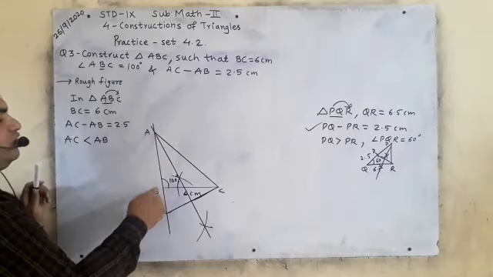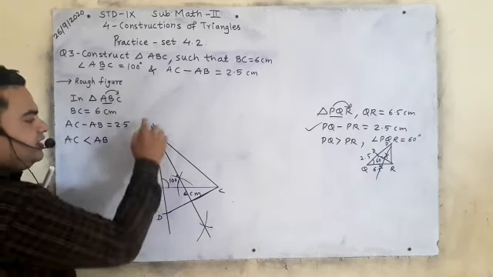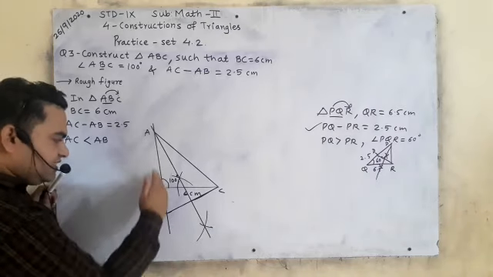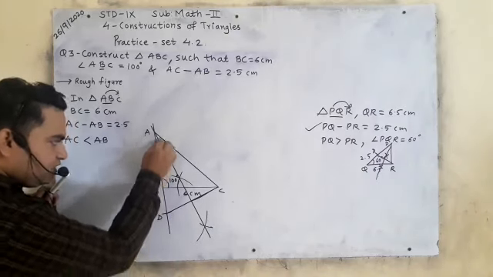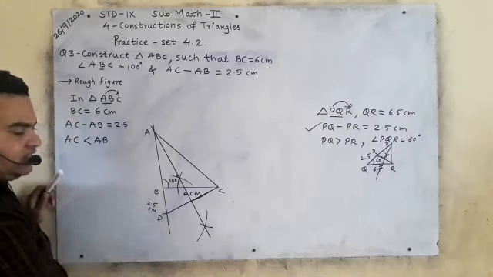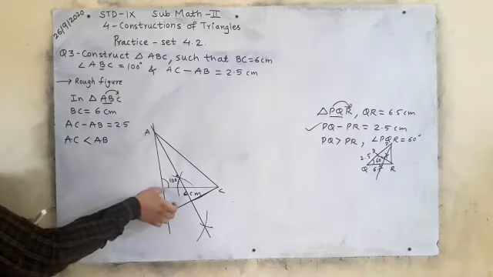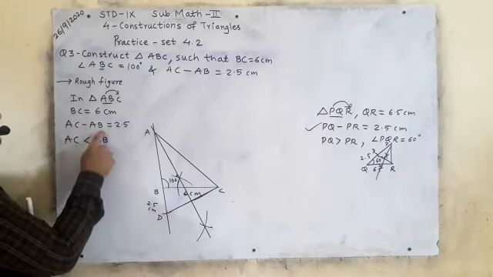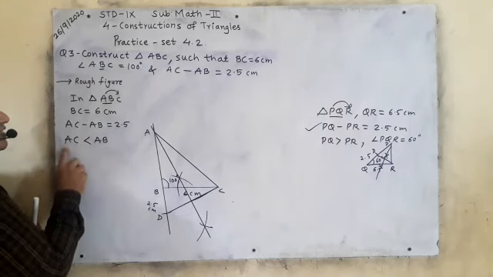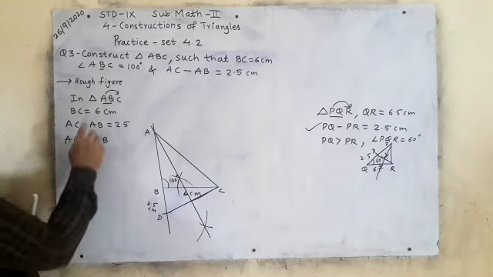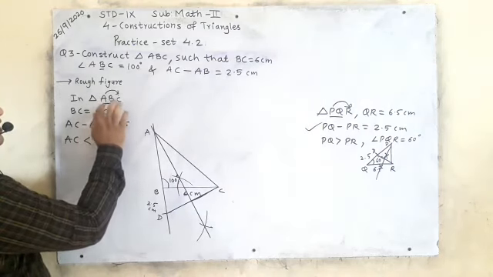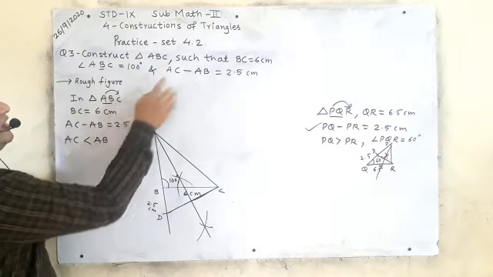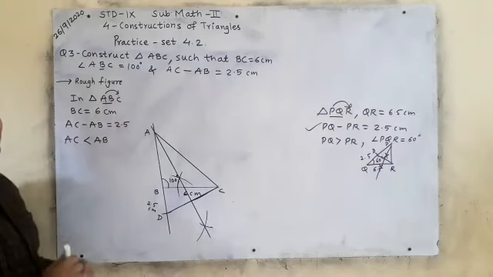It means when you take angle B as 100 degrees, you will also extend the line below. Then you will take 2.5 from B down. Why down? Because AC minus AB is not proper, because AC is smaller than AB. See here, AB was first and then BC then AC, but in this question they have taken AC first, which is not correct. Is it clear?